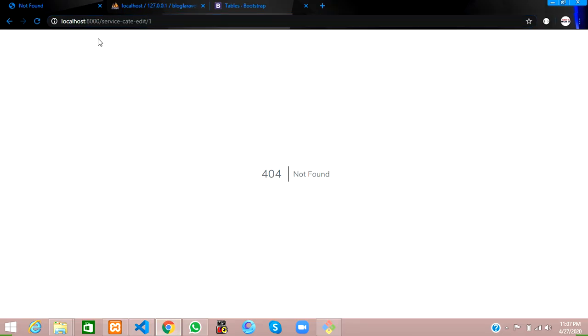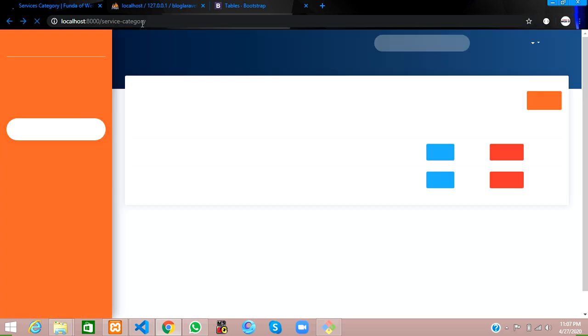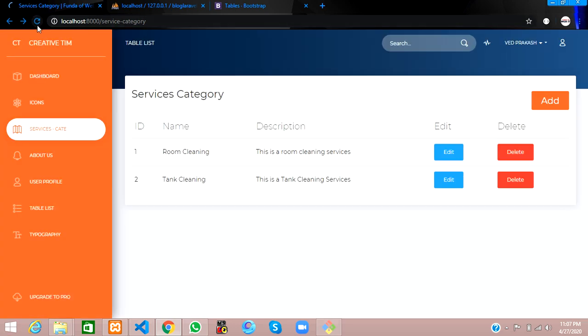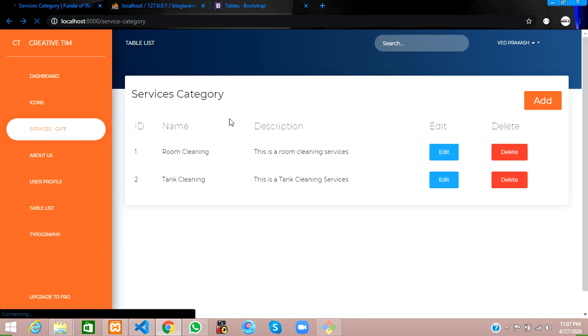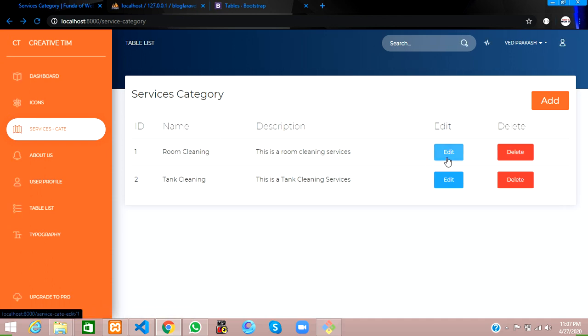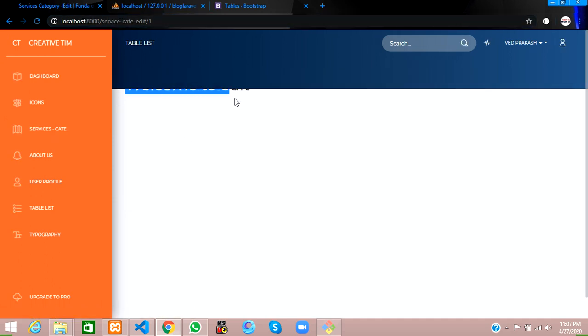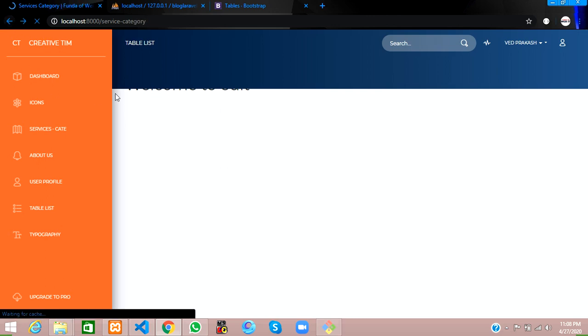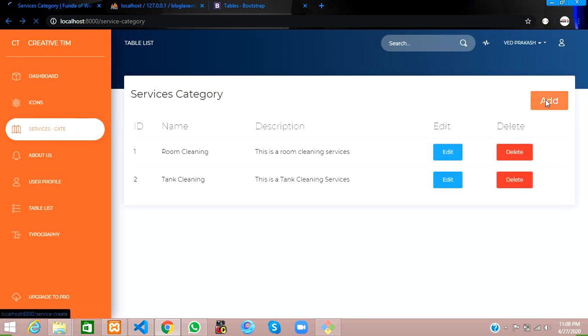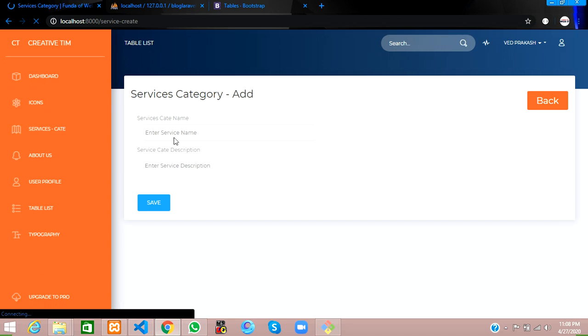So guys, let's get back, reload the page and type edit on this. So let me click on edit. So it's going to the edit controller and it's showing over here. It's been hidden because of no correct format to show. So guys, we will just take the form where we are going to add. I'm going to use this form only for the editing part also.